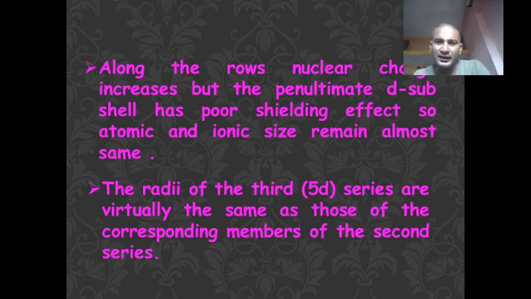Along the row, that is in a horizontal row, the nuclear charge increases. It is mainly due to the consequent filling of electrons in the same main energy level, and d atomic orbitals have very little shielding effect. Due to this, the ionic or atomic radius almost remains the same. Another factor, as I already said, is that as electrons go into the same main energy level, which increases the nuclear charge, this can result in a decrease in atomic radius.